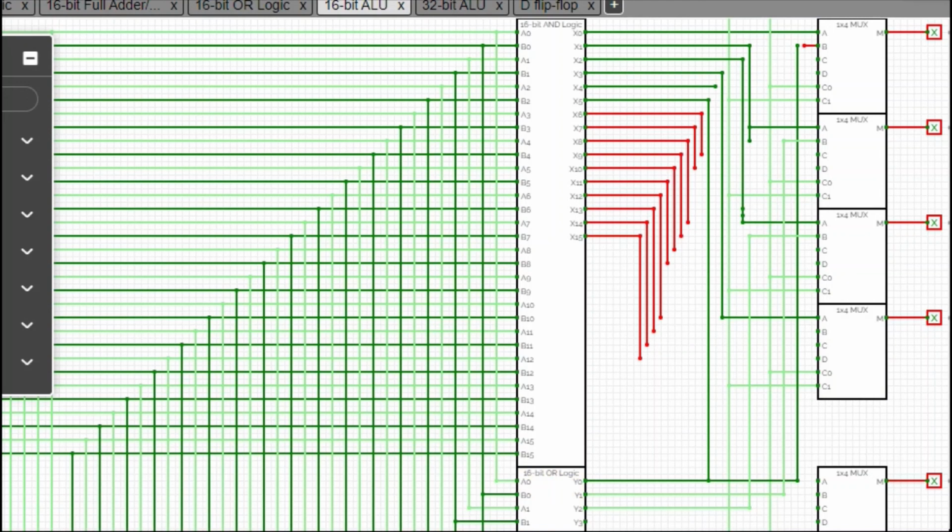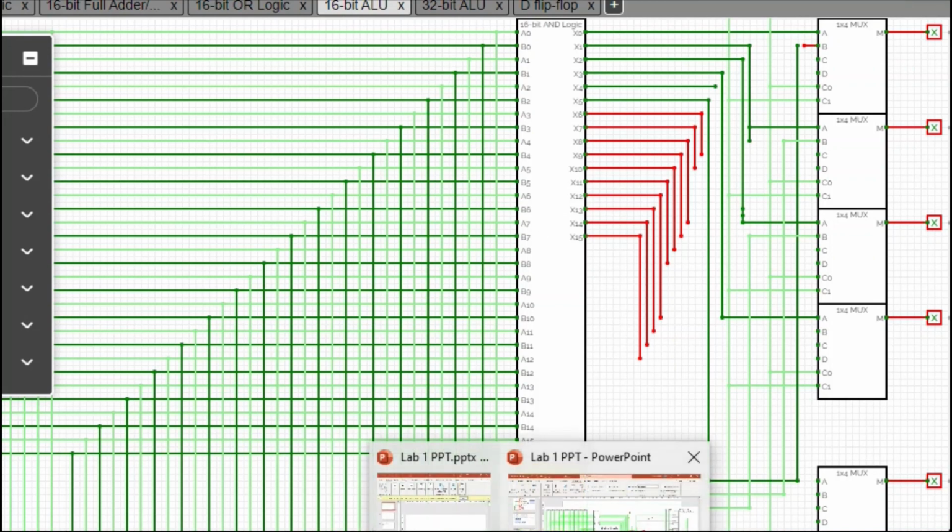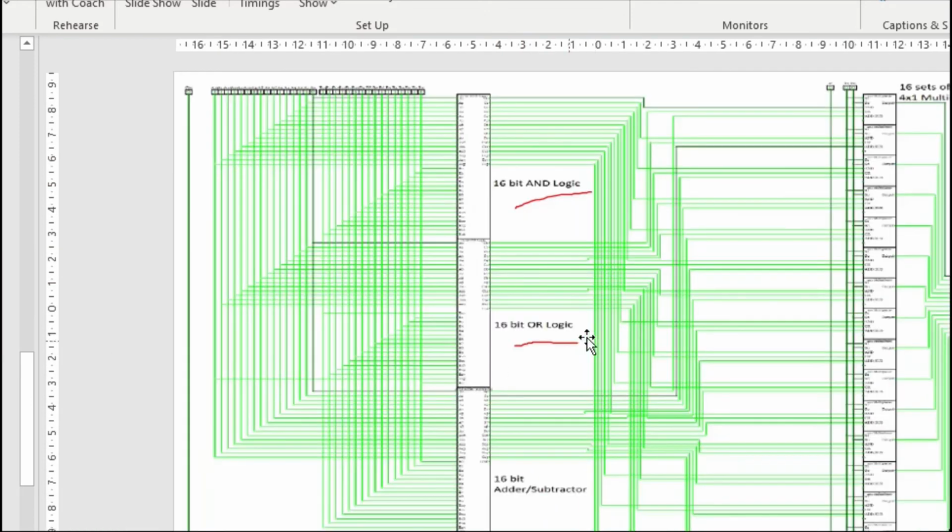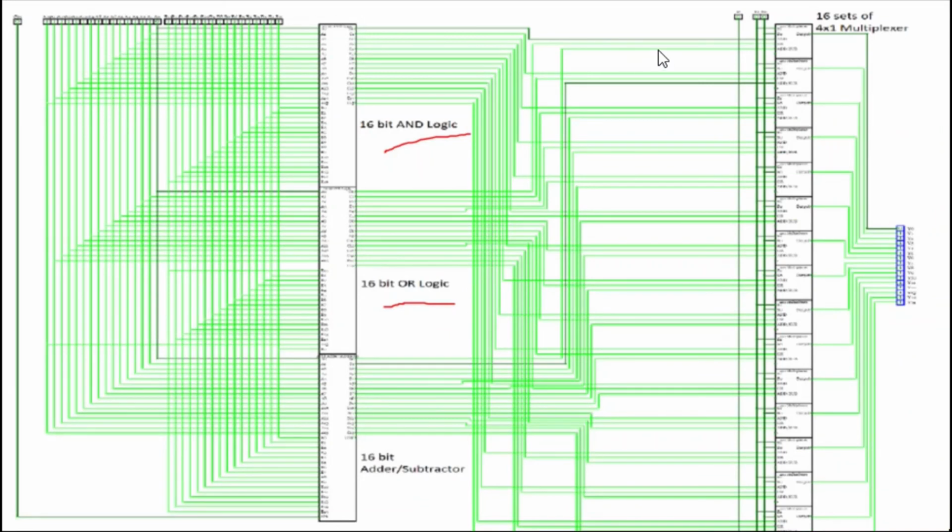Similar way you can do it for the mux, for the ripple adder and subtractor, and you will get the final circuit. Let me show you. Yeah, this is the final circuit. You can see all the inputs and all the outputs are connected here. Now if you change your input and your select lines, C0 and C1, accordingly you will get arithmetic or logic operation, whatever you want to perform. So this is the explanation.